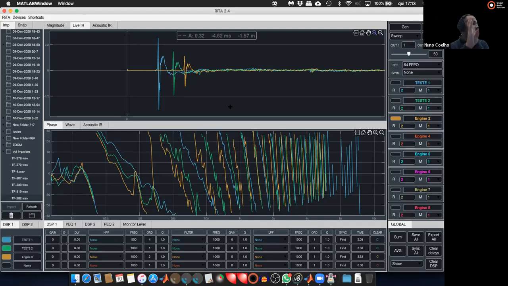I'm measuring my speaker, it's the same speaker in all measurements, so I can use the sync all function. It will sync with the one that has more sync delay and apply the difference on the other 2. So if I sync all,